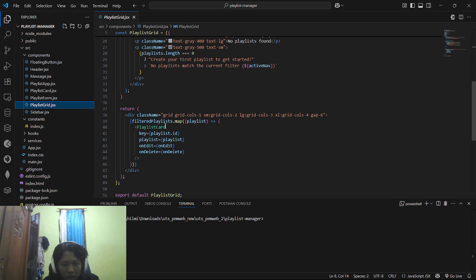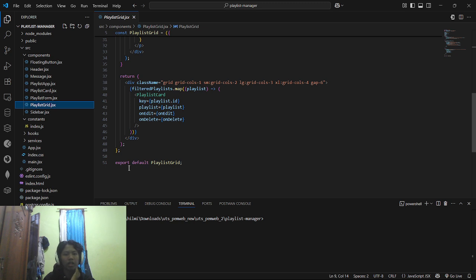So we render one playlist card component for each playlist. Then export the playlist grid, so this playlist grid can be opened in another file and used in the other file.